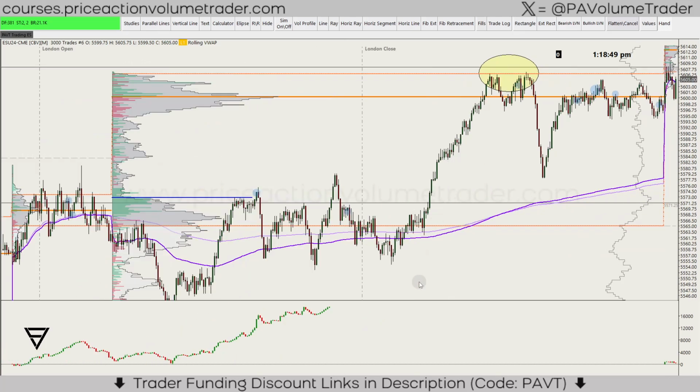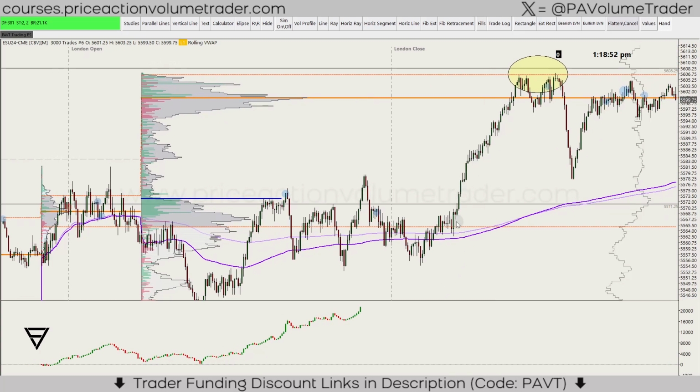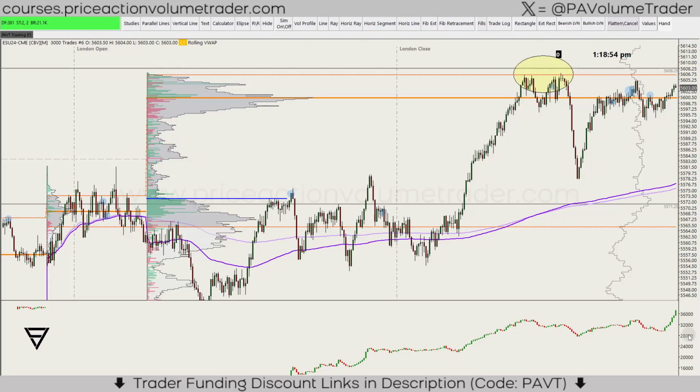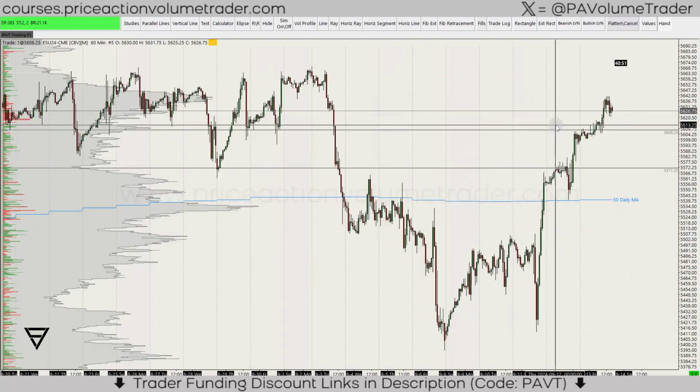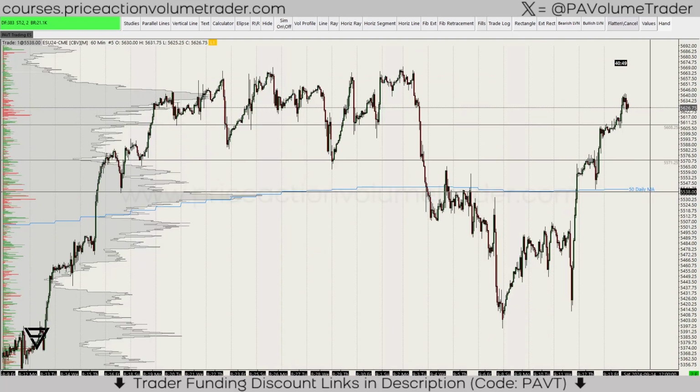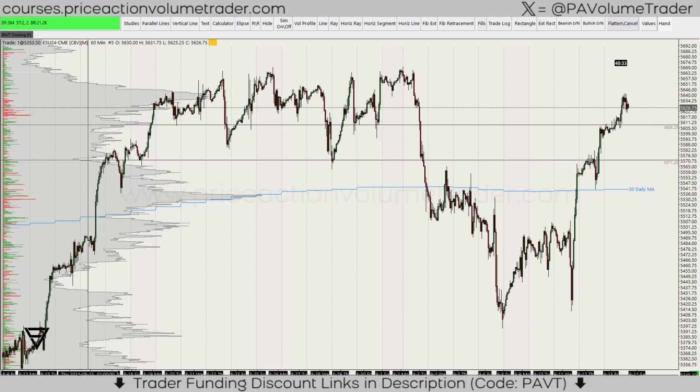After we had this breakout, after the lunch hour, we had this big move up. And you can see cumulative delta as well was right in sync with prices until we come up into the next area right here, which if we look to the left, support broken, and now we're coming back to test the underside of this area. You can see cuts in the volume profile as well. So going into the tick chart,